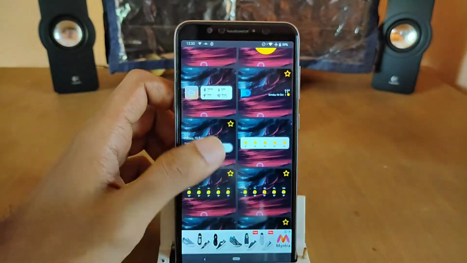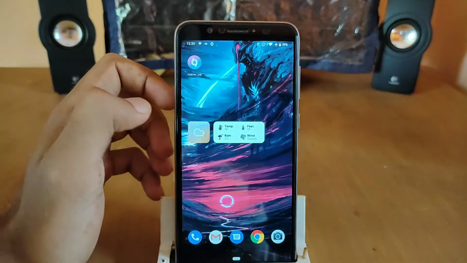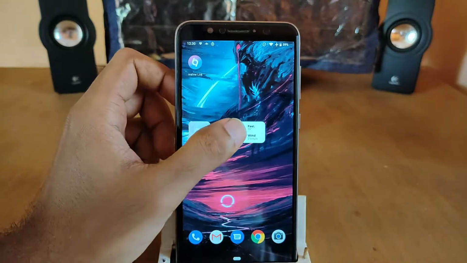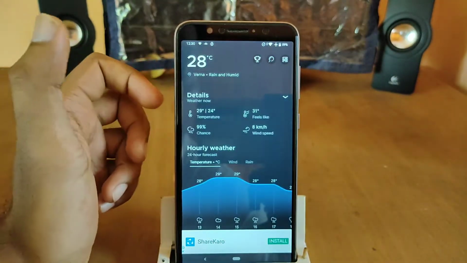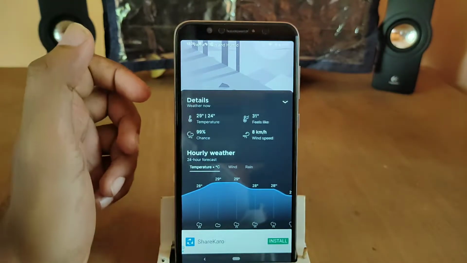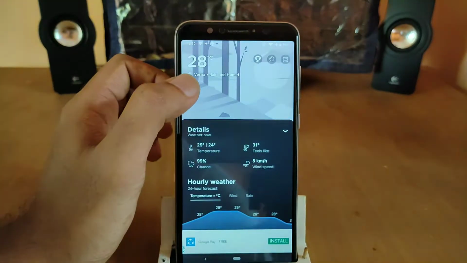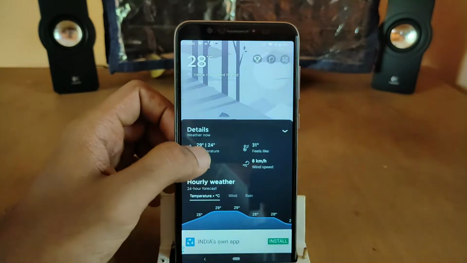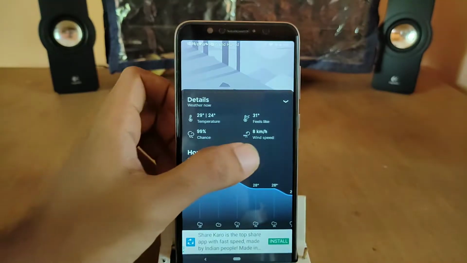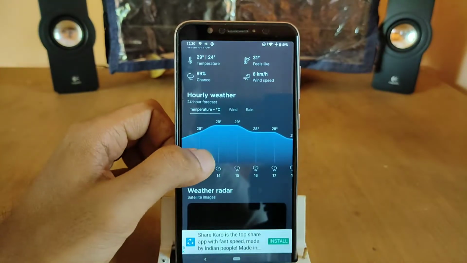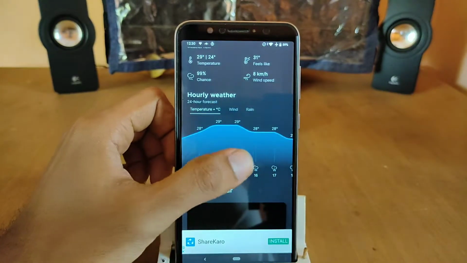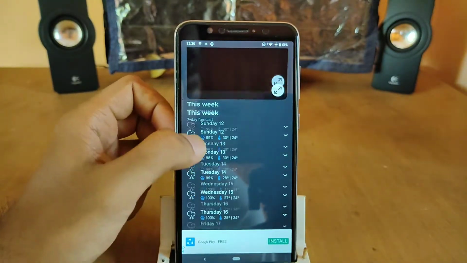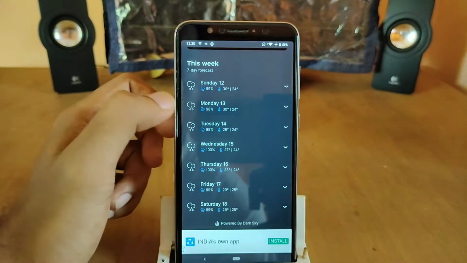So for example, just for demonstration purposes, I'm just going to use this one. Okay, and straightforward, you can see that it's directly displaying the temperature, the rain, wind and feel. If you click on it, it expands the information that you get, like the details, for example, where I am staying, it's raining and it's humid. It also shows you the temperature and the wind speed as well. Here it shows you the hourly weather. If you are a person who is very concerned about the weather forecast, then I feel this should be a good choice for you. The entire week's weather is also being displayed here.